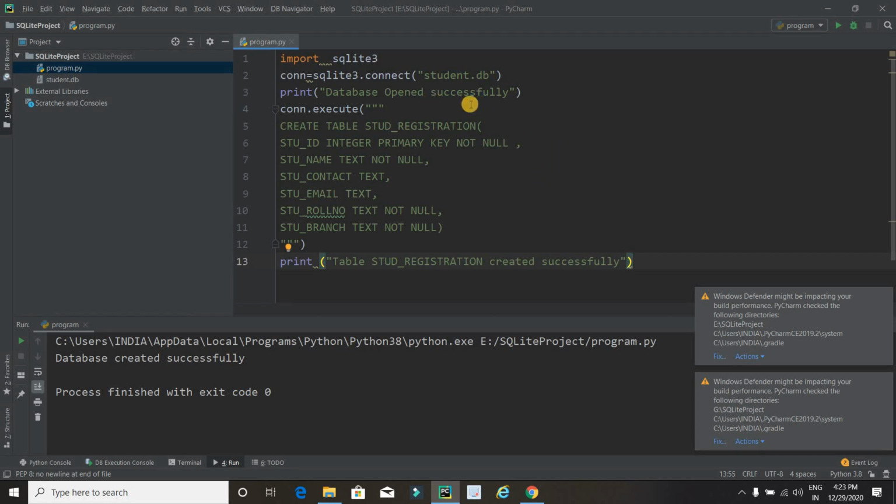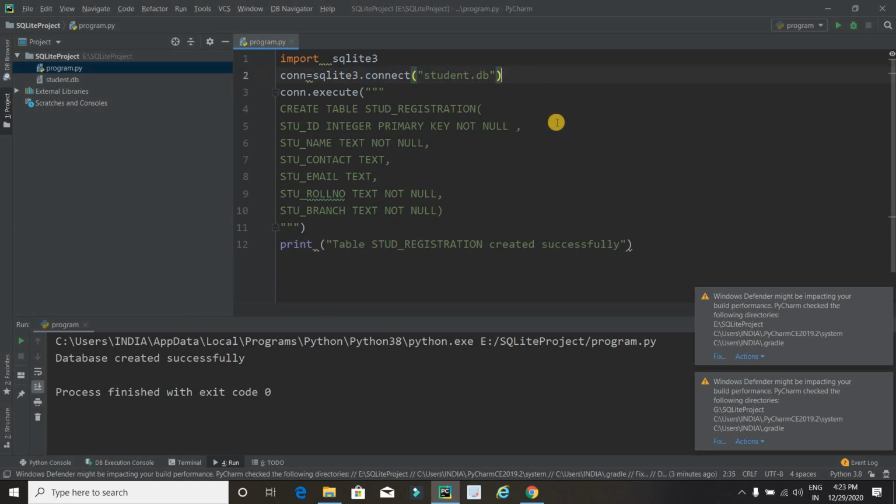So here first we open the database and here is a message, and now you can leave this message, we don't need it. Okay, now I'm going to create a table for student registration, and you can see that here create table and it is the table name like student registration, and the first field is student ID, next name, contact, email, roll number and branch.